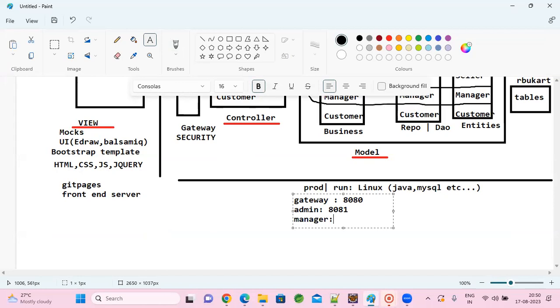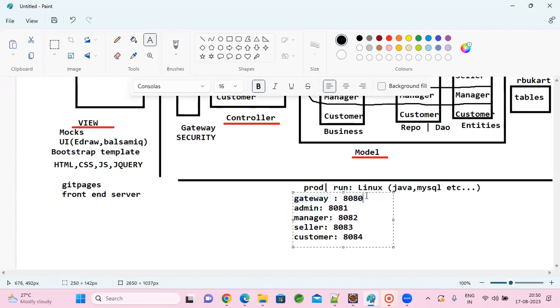Manager may be on a different port number, and seller on a different port number, all on a single IP, which means a single machine, and the customer application on 8084. Every front end request will come to the gateway, and the gateway will decide where it should go. Every request is forwarded to the gateway application port.